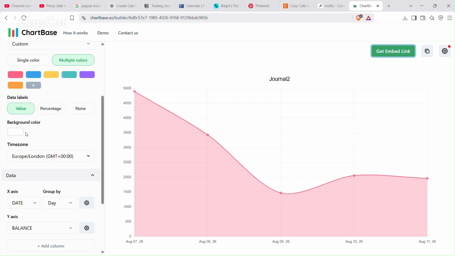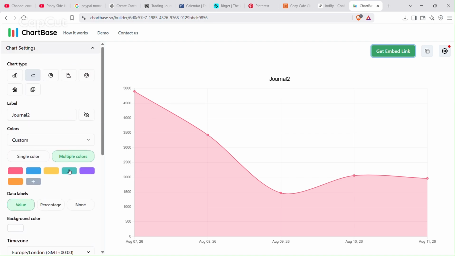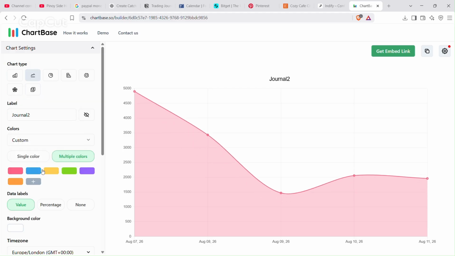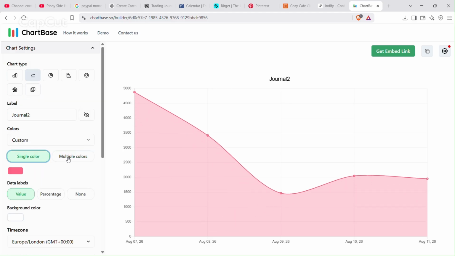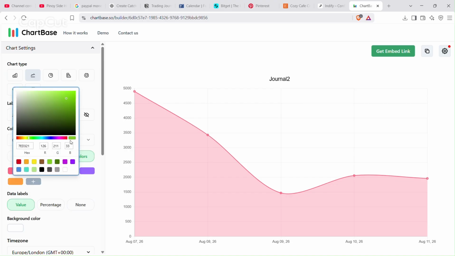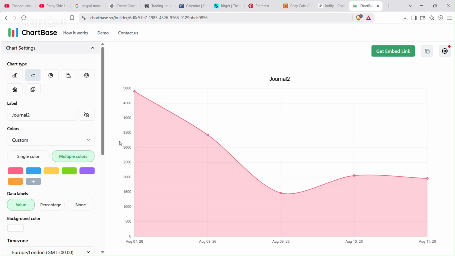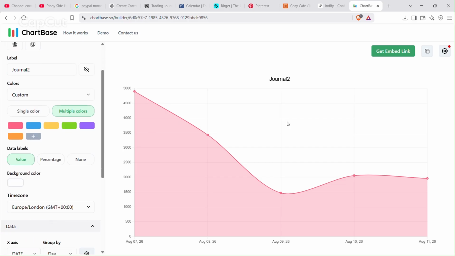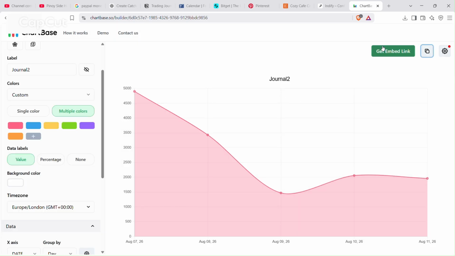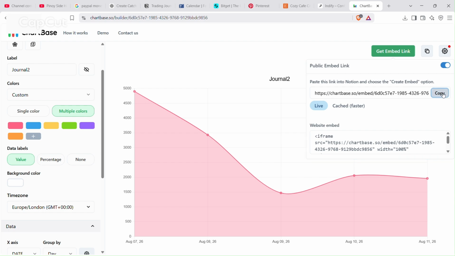I will try to make this color green. Wait. So I think this is okay. So copy, get embed link and copy.